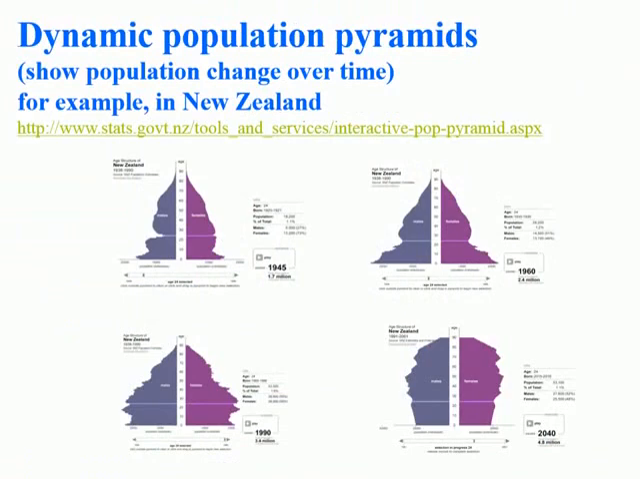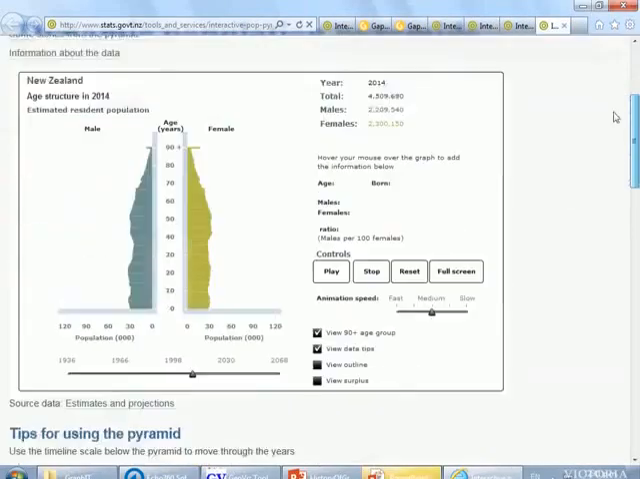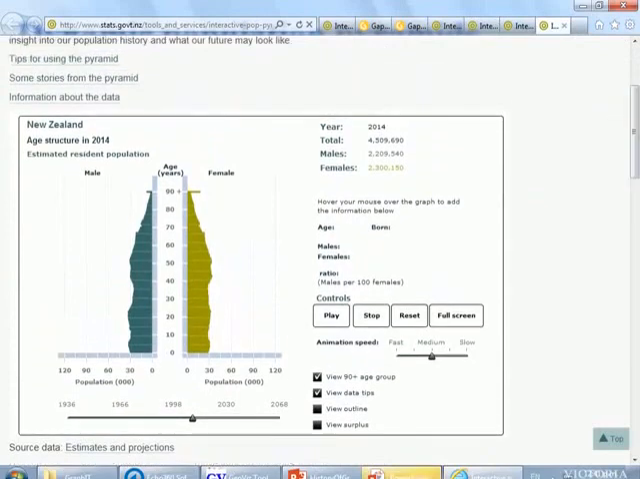Most national statistics offices now make available on their website dynamic population pyramids, which similarly show how populations have changed over time. In the past, we would have had to have printed off individual population pyramids and compared them one by one. Let's have a look at a dynamic visualization of this. If I play this